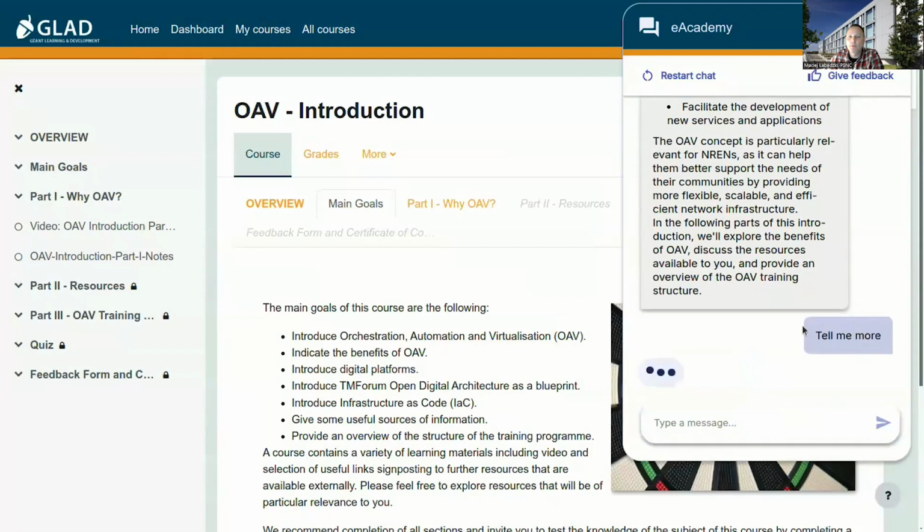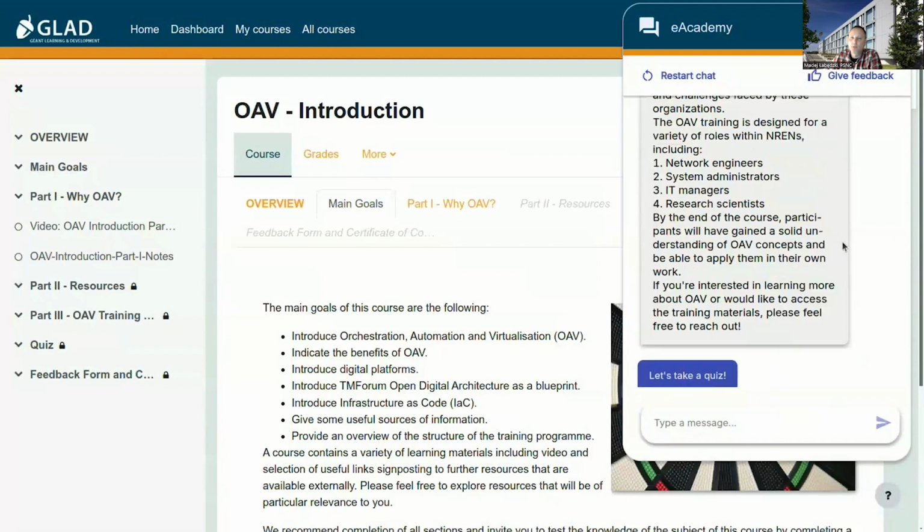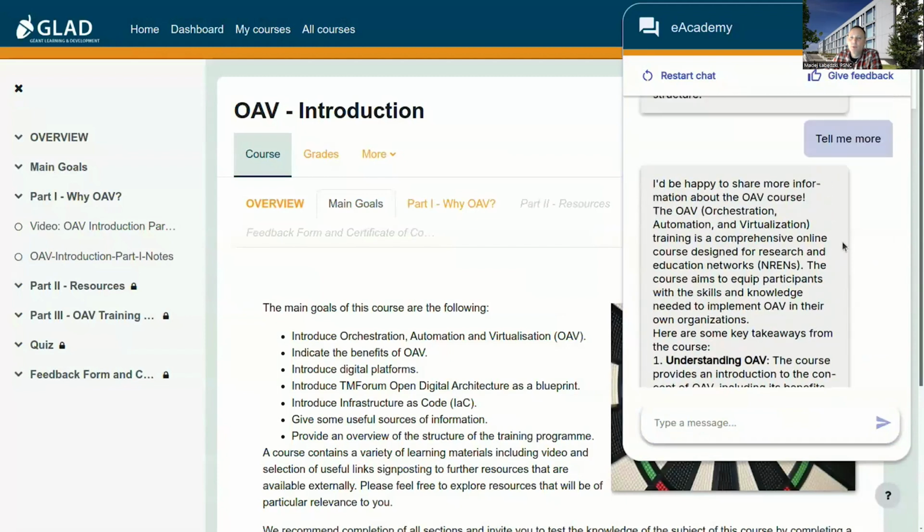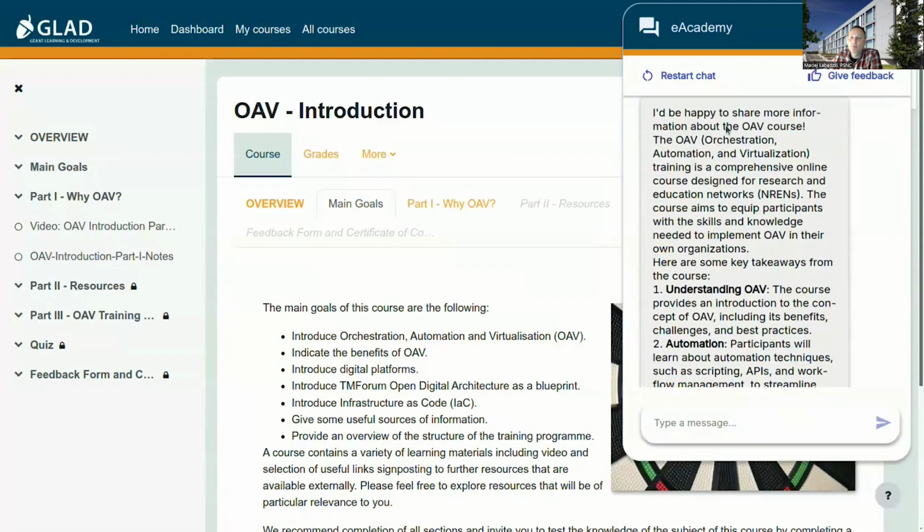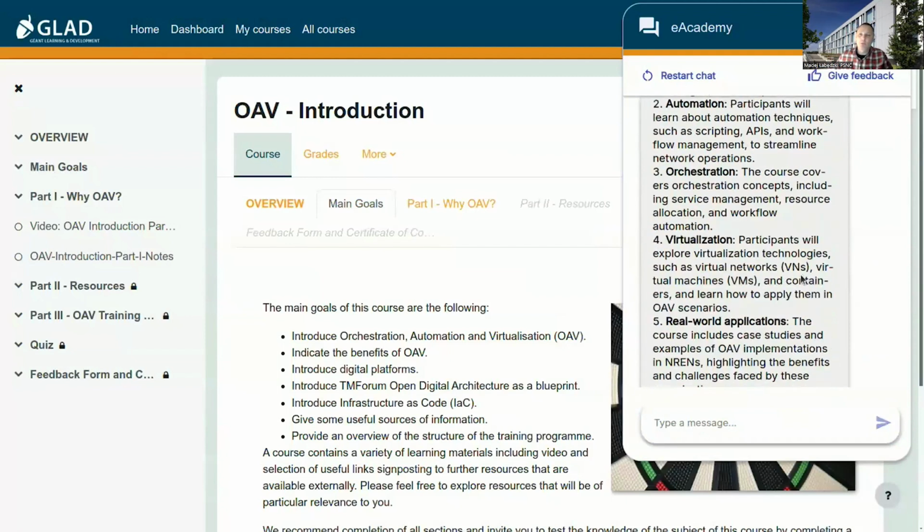But that's not enough for the student. Yeah, and the bot tries to find more content. In case there is no more content, probably the bot will rephrase the same what was previously told, unfortunately.